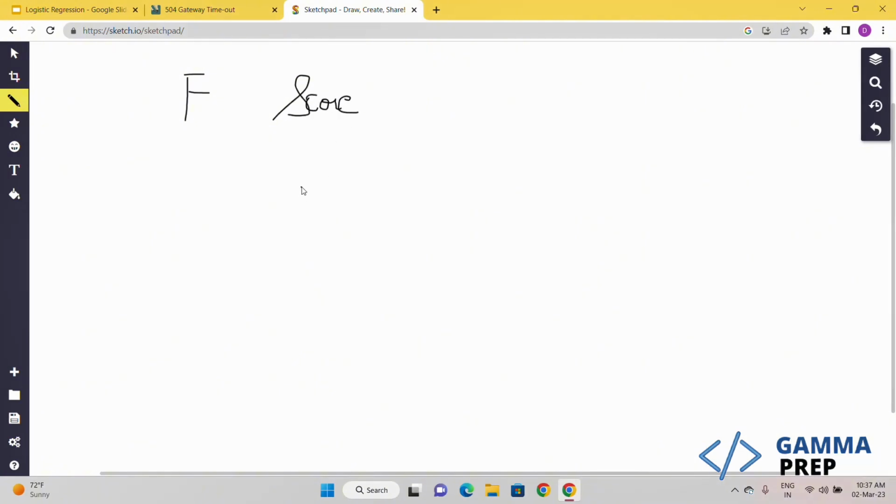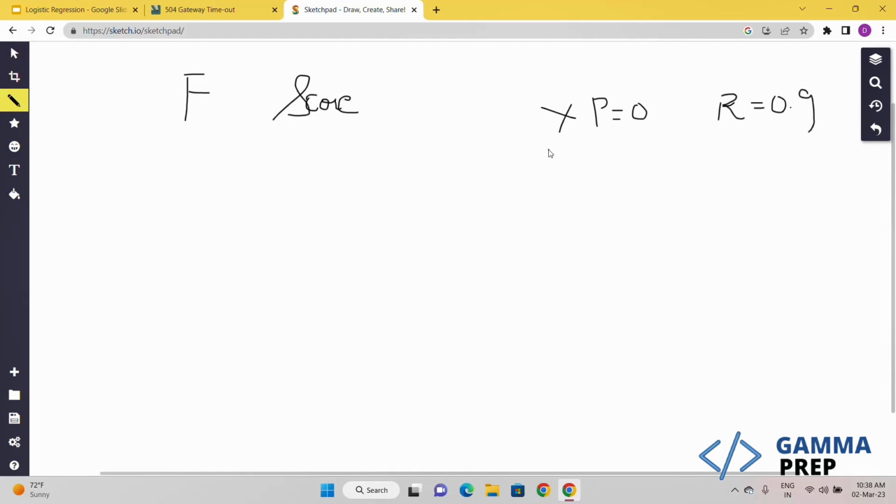So, what is this F-score? It basically combines our precision and recall. We want our precision to be high and our recall also to be high. A model in which precision is very low and recall is very high is not a good model. We want both to be high. So that's why we combine both of these evaluation metrics using another evaluation metric called F-score, which is